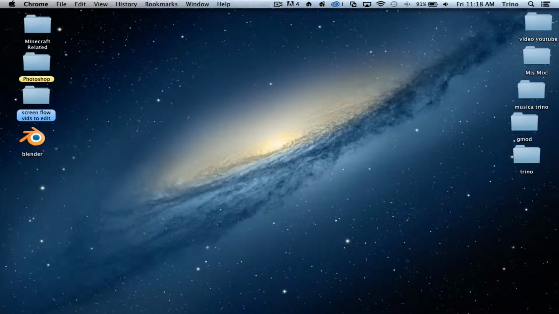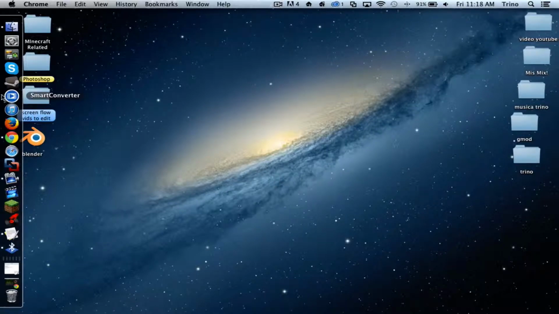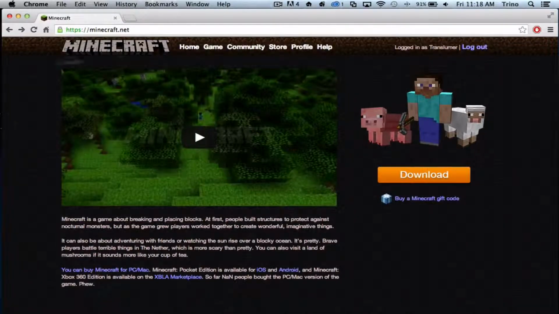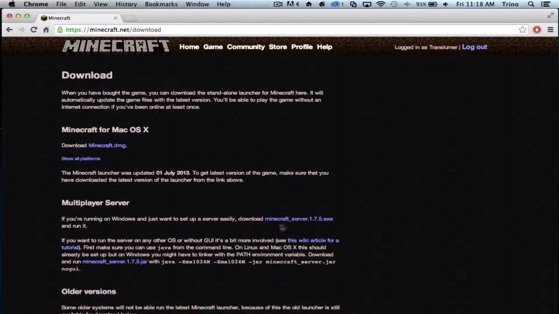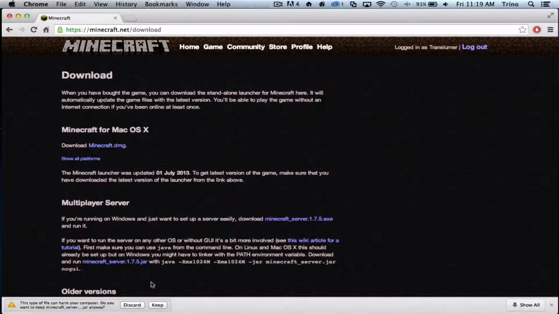And today I'm gonna be showing you how to make your own Minecraft server and how to port forward on a Quest modem. So first, you need to go to your Google Chrome or any web browser really, and download your Minecraft server.jar. You just download it,